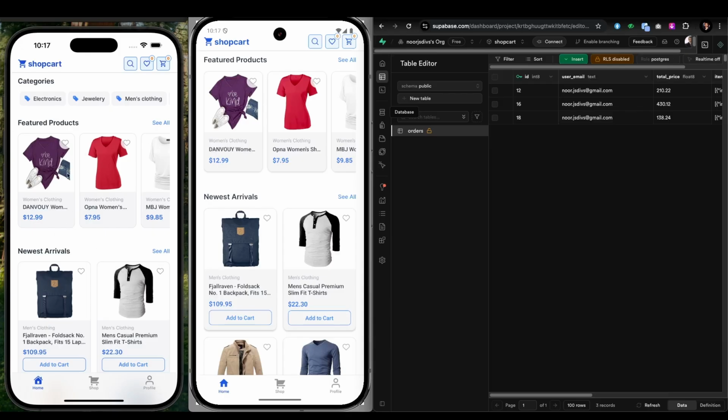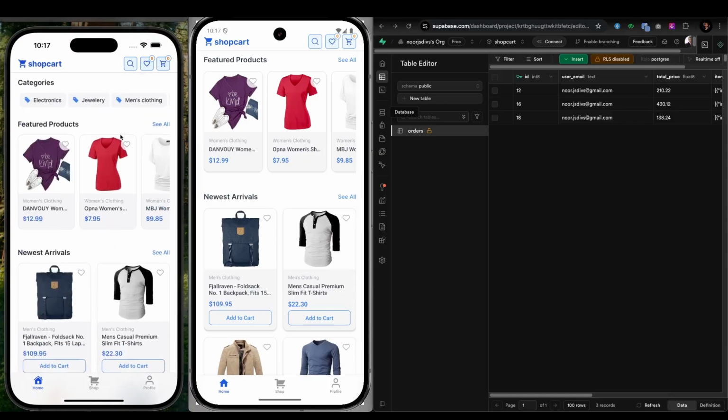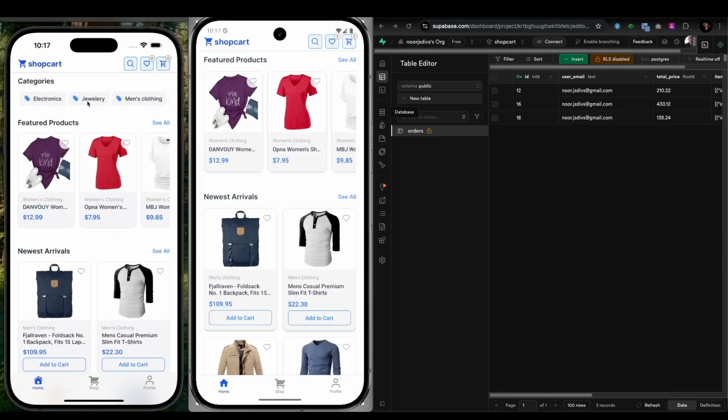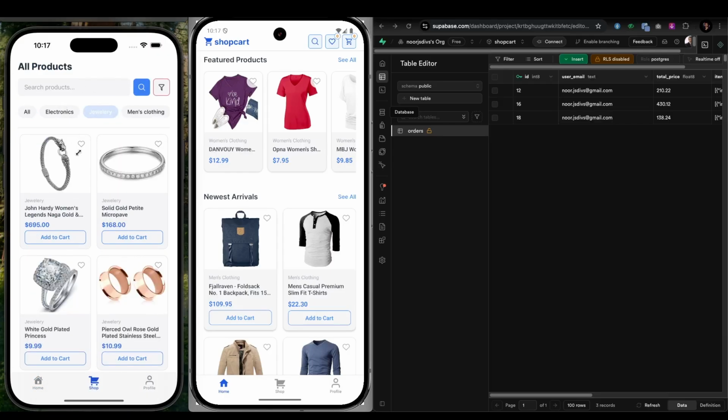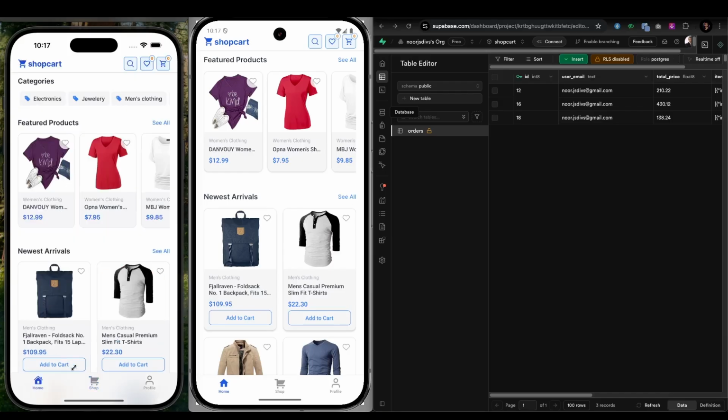gonna have. As you see, this is the home page. If I want to go to any particular category, you can just go to our all product segment. You can choose any category, and then that category would be selected. That's the same thing also working for Android,